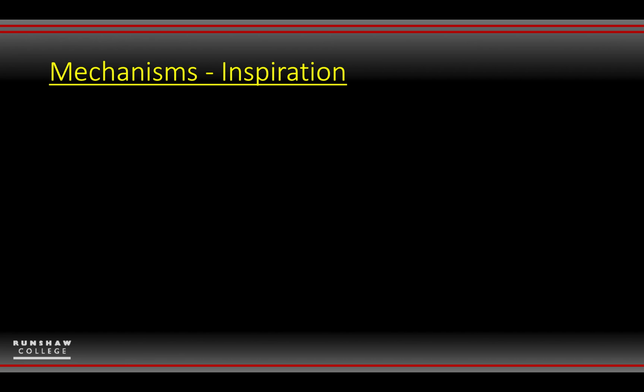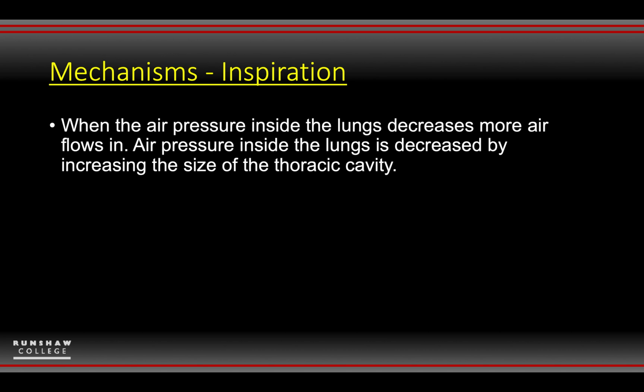Okay, so we're going to look at how the body inspires and expires. And it does use the internal and external intercostals as well as the diaphragm that we've already covered. So the pressure inside the lungs will decrease, and the body doesn't like that. The body likes equilibrium. So it likes to have the pressure on the inside the same as what's on the outside of the body. So what happens is we want to rush air into the lungs in order to keep that pressure the same. So when air pressure inside the lungs is decreased,